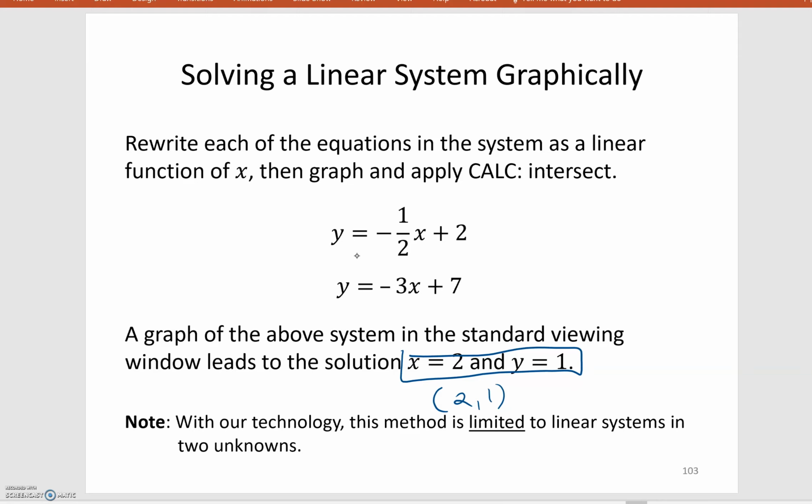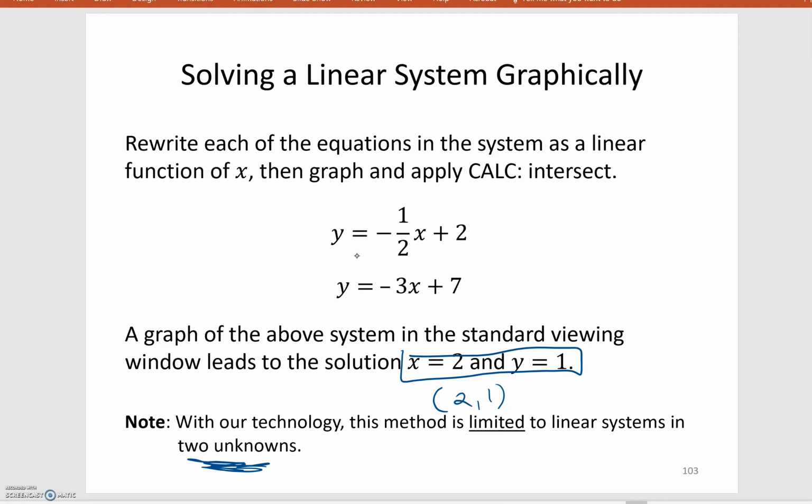Now that's great, and this is a perfectly valid method to use, but there is one big weakness to this. With our technology, the TI calculators, we cannot do this method of solution by graphing to any linear system that has more than 2 unknowns. We haven't even looked at any linear system with more than 2 unknowns, so you probably don't know what I'm talking about, but basically